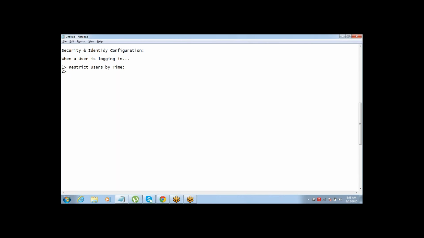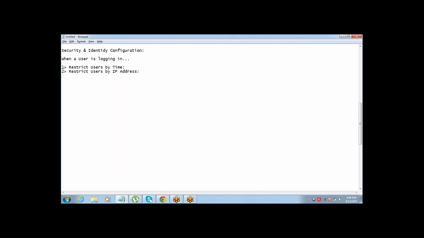Second is you can restrict users by IP address. So you can restrict users by time, you can restrict users by IP address. That's it. These are two options which Salesforce allows you to make sure that the correct people are using it from the correct location and the correct time.